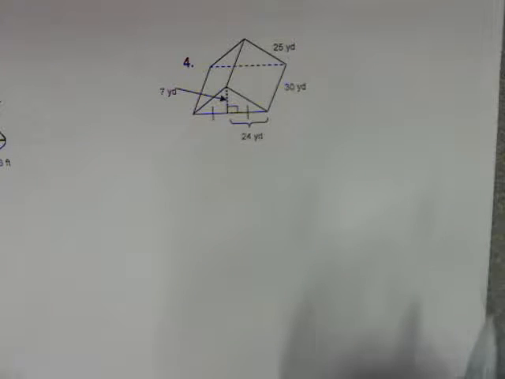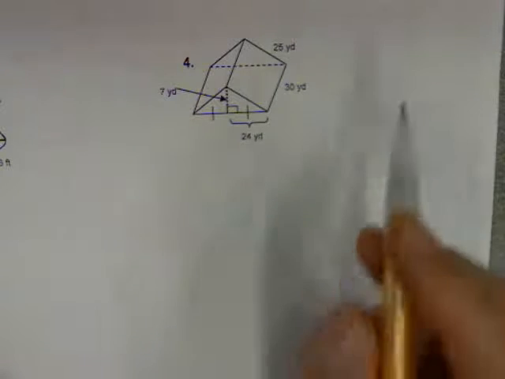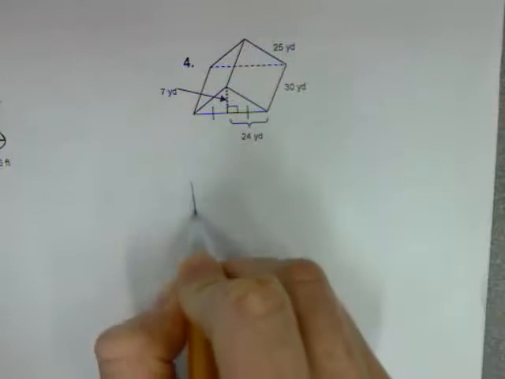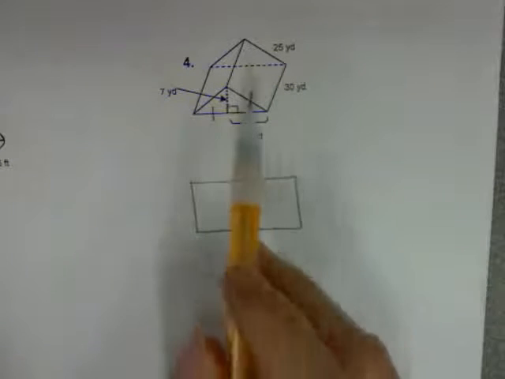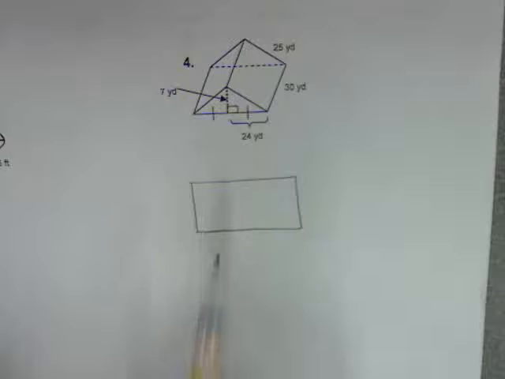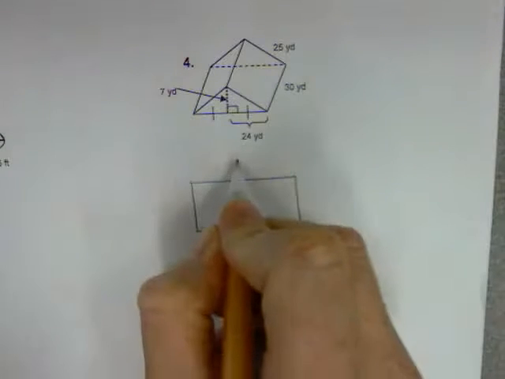To find the surface area of a triangular prism, we will draw a net. The lateral area is this rectangular portion. This is made up of these three rectangles added together. If I put my base